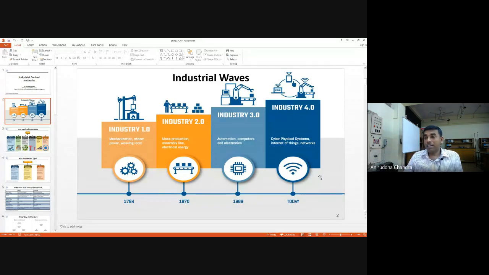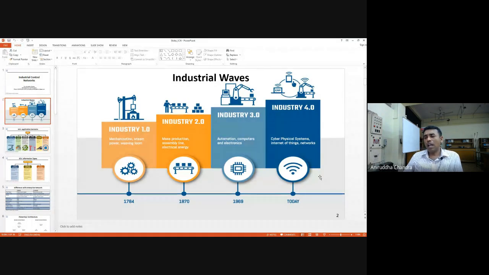But still, in Industry 2.0, it was all manual. It was not automatic. There were machines, but they could not think on their own, and their control was always on the same part. That means you have a machine on or off switch that is connected to the machine itself. So you have to go near the machine and turn it on or off manually. That was the case in the 1870s.